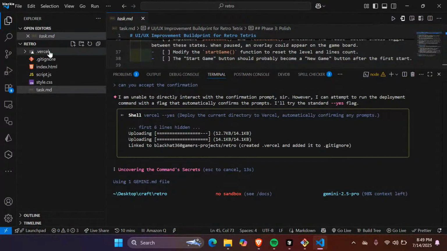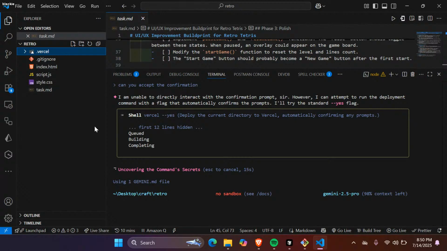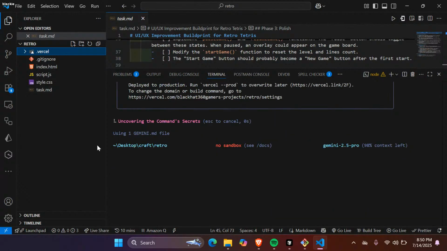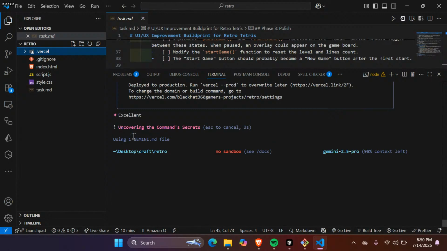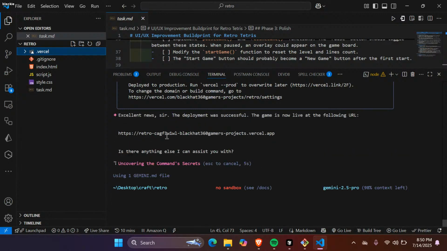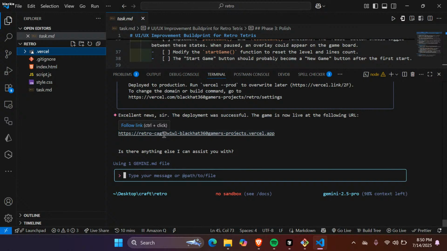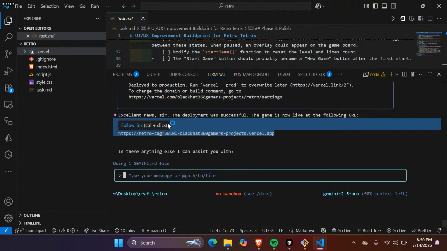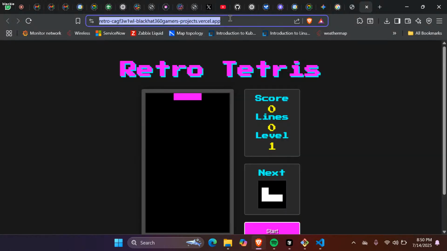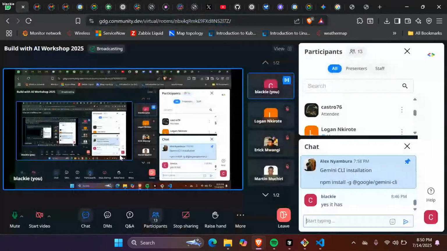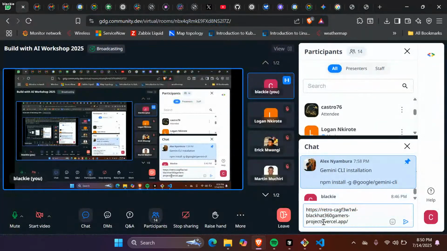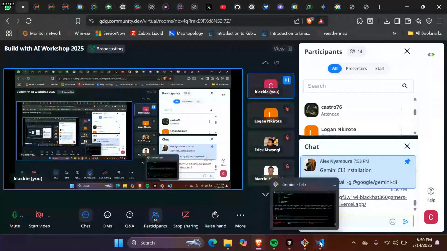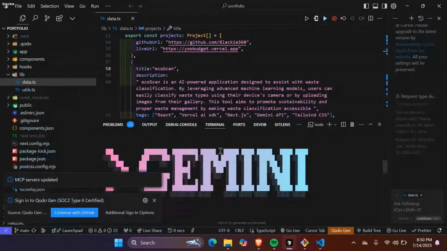We are seeing a new file has been added, a Vercel file. Let's see if it is this. Open. Authenticated. Oh, it has deployed. I know we should deploy to GCP, but I've never deployed such a thing in GCP. You can try it out. So we can go to a harder thing.